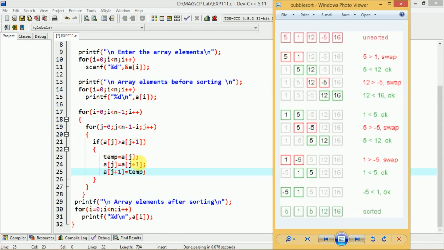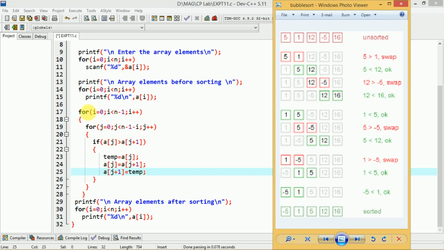So now this, as I told you, is the actual heart of this particular program. So here we have used 2 for loops, that is a nested for loop. Nested means this entire for loop is a part of this particular for loop. So by this indentation you will come to know this for loop will start here and it will end here. Okay, so from start to end, whatever the contents are there, all these are part of this outer for loop. So when we have 2 for loops in this way, we refer to the first for loop as the outer for loop and the second for loop as the inner for loop.